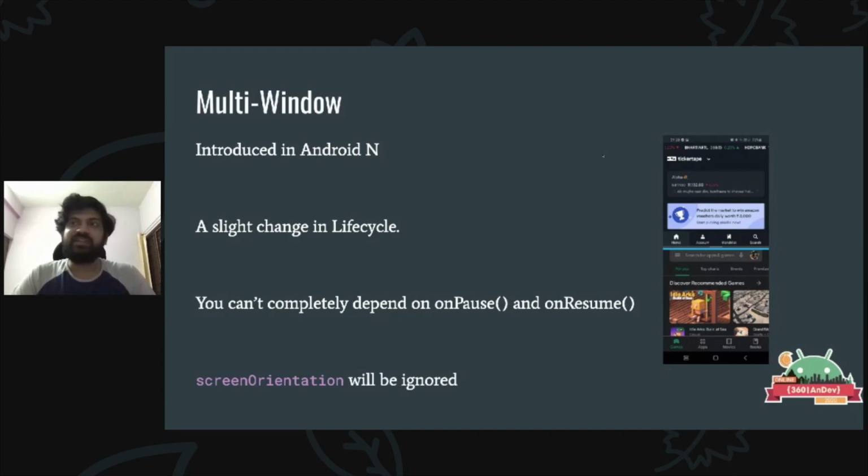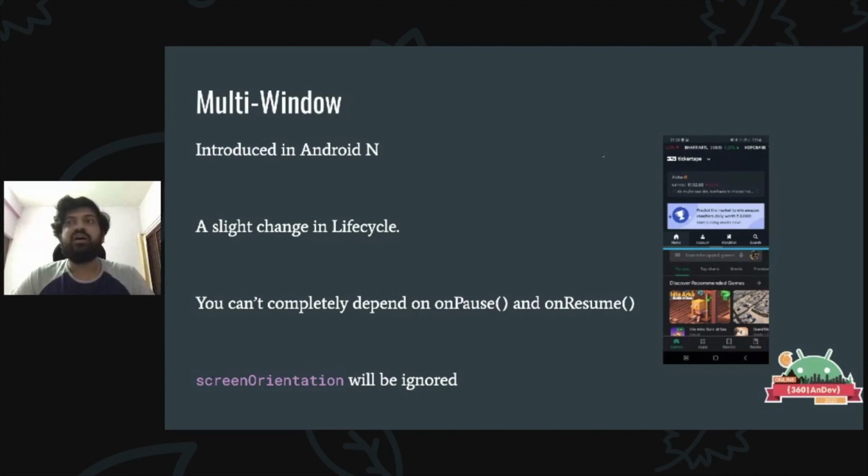One very interesting case is that, remember how we locked screen orientation in our activity initially? Once the user puts your app in multi-window mode, it doesn't matter. Android will completely ignore what screen orientation you have given it. So our initial assumption that our app won't switch between portrait and landscape mode is completely false when it comes to multi-window mode. And that is why, if you plan that your user might use your app in multi-window, you should start giving good focus on how exactly you handle your portrait and landscape